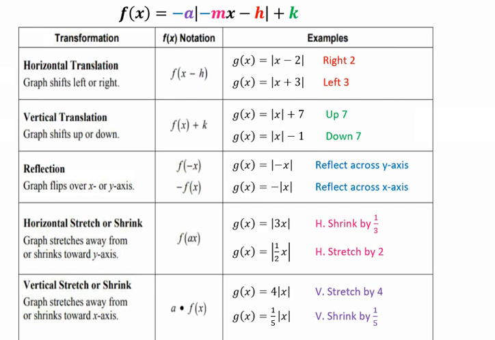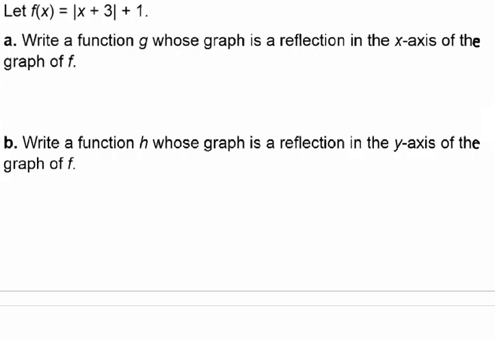Remember, when we're talking about transformations of absolute value functions, when we're reflecting, our graph is going to flip over the x or the y-axis, which means that our negative sign is either going to be on the inside of the absolute value symbols when we're reflecting across the y-axis, or on the outside in front of the absolute value symbols if we're going to reflect across the x-axis. So let's go back to our problem. In part A, it tells us that this reflection is going to happen in the x-axis,